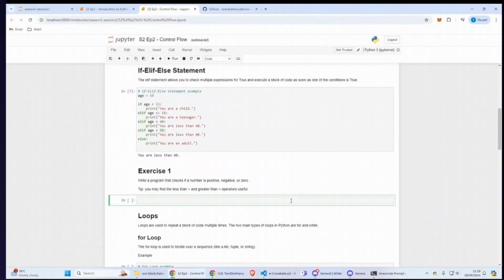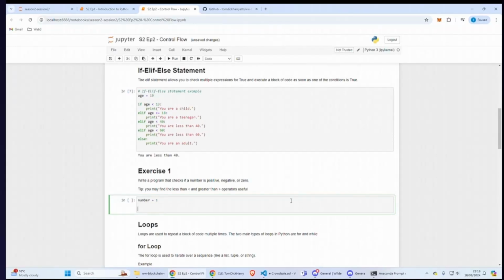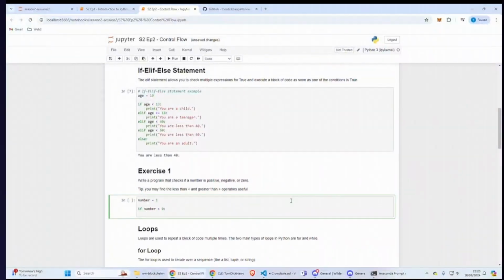So let's just have a think about it. We have a number. Let's put it as 1 for now. So there are 3 cases: positive, negative, 0. There are a few ways of doing it, but I'll show you what we recommend. So obviously the first condition is, let's say, negative. Negative means it's less than 0. So then we can print